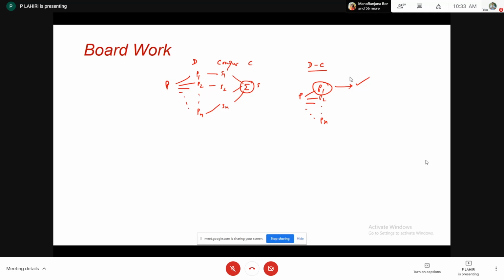Your question will be, sir, how to divide the problem into subproblems? Definitely, there should be certain criteria associated with the problem, applying which you can break the problem into subproblems. For example, if you have the problem of binary search, then normally what we do is calculate the middle index, starting index plus ending index whole divided by 2, and get the middle index. We compare the item with the item present at the middle index. If the item is greater, you have to move on to the right.